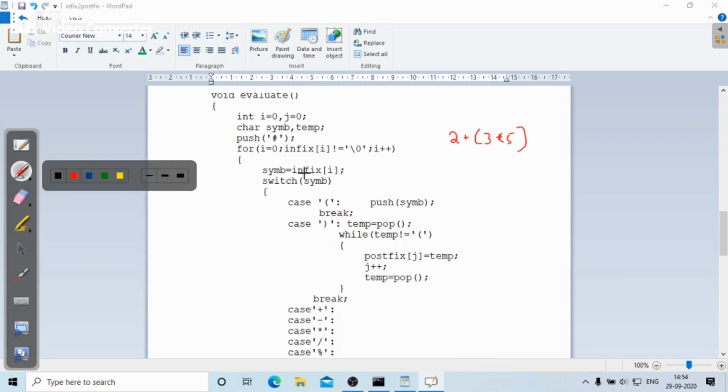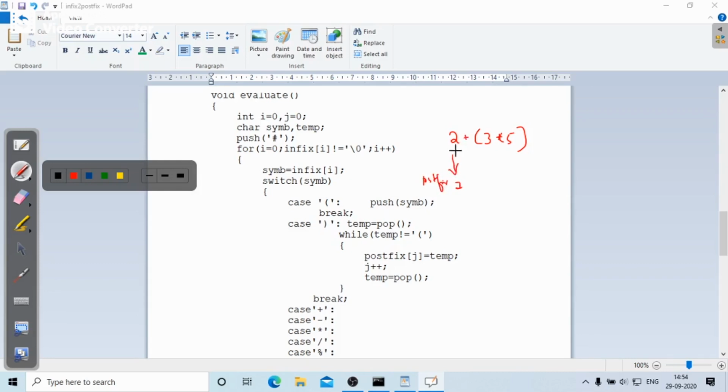This is an infix expression. First, in the infix expression, I got 2. That is an operand. You have to write it as it is in the postfix expression.